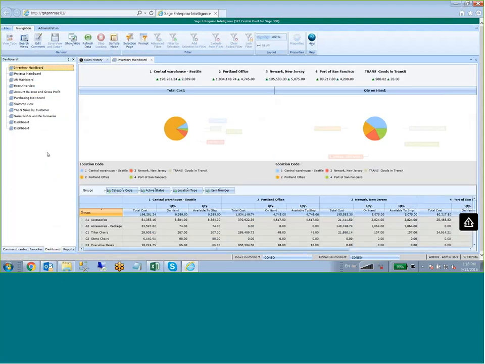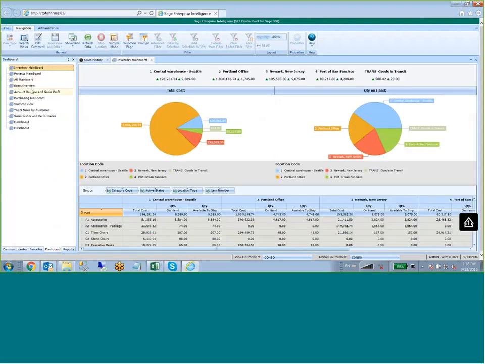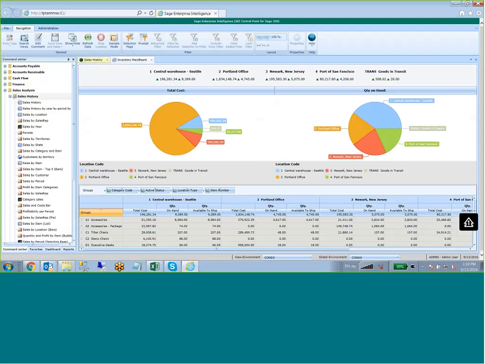So this inventory dashboard, and we have more, right? We have projects, AR, executive ones. We have some that I've made over demos I've done. But the point is that there's going to be an out-of-the-box list of dashboards given to you, but they're also very easy to make. As long as you set up your command center correctly,